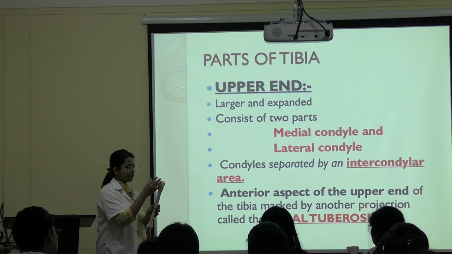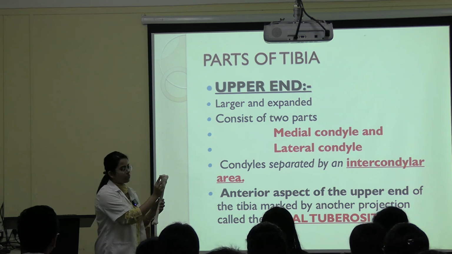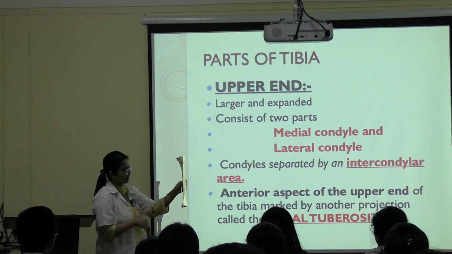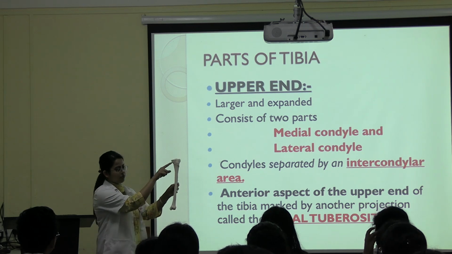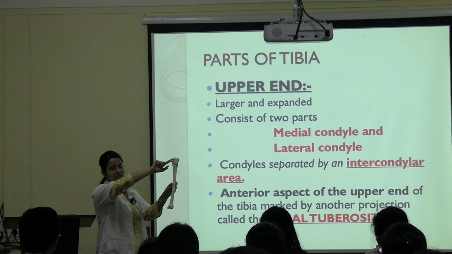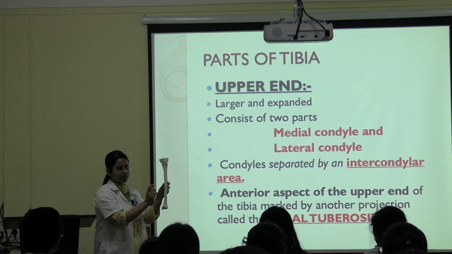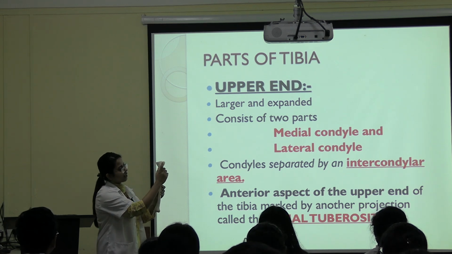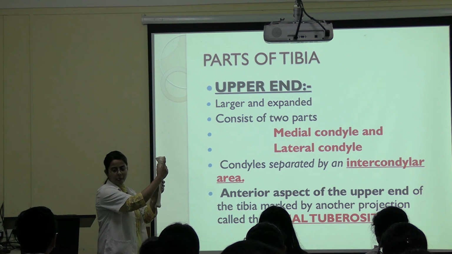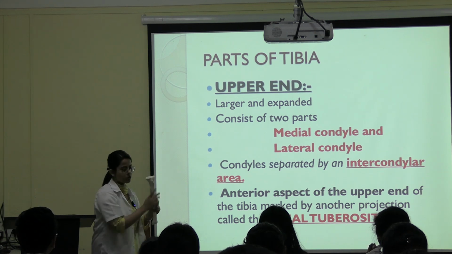Now this medial condyle and this lateral condyle have various surfaces. This is the anterior surface. See, anatomical position, clear? This is the medial condyle. This is the anterior surface. This is the posterior surface. This will be the medial surface, and this is the superior surface. And this lateral condyle, again, what is this surface? This one? This one? Lateral. And this one? Superior surface.